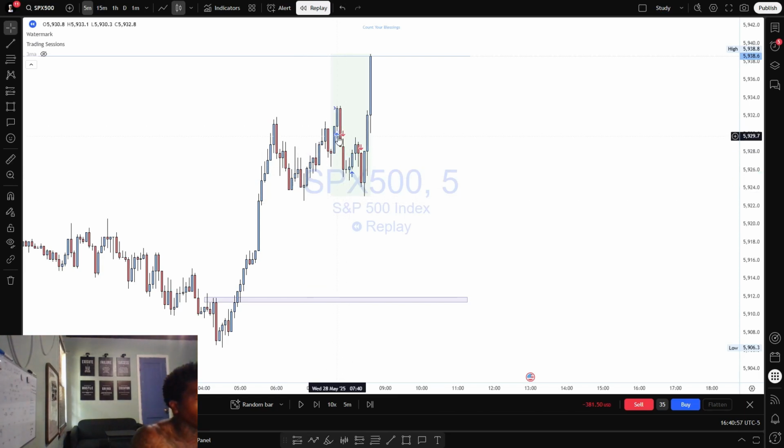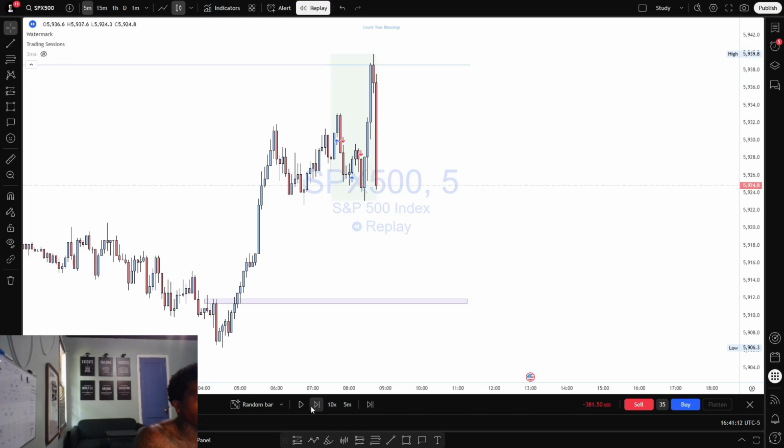So pretty much got this one early. Could have waited for it to come back and retest it again. So I should have waited for the retest, then got in, stop loss under here. We do see it went to that point. Let's see if it comes down here, because it looks like it's getting some volume on this sale. Basically got a break retest.